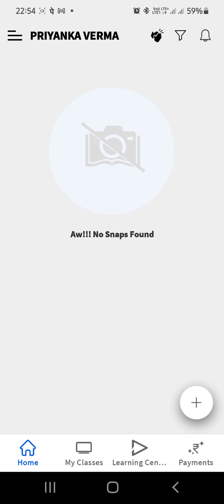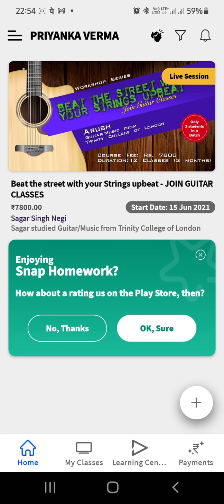Tap the Snap homework button and you'll go to the home page. As you can see, I have already registered myself and logged in, so my name is being displayed. At the left hand side corner, you are seeing these three lines. They mean that there is something enlisted in these lines. So let us click on these lines to find out what we can get.